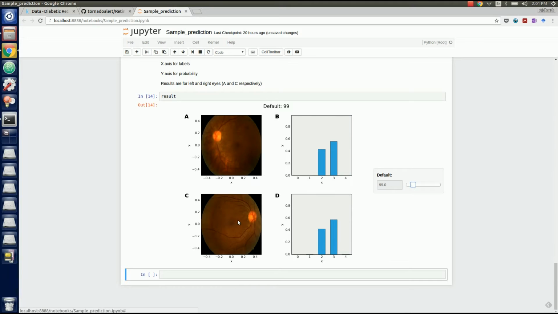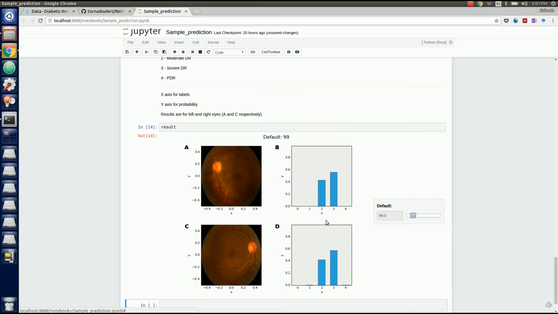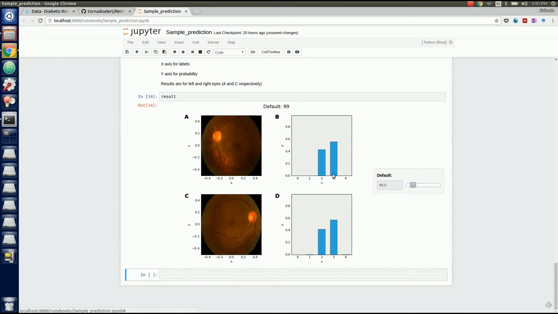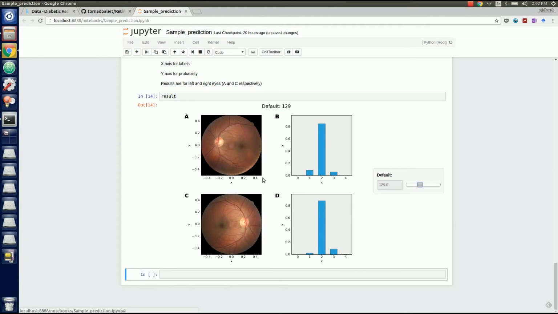Okay, yeah, this looks like severe diabetic retinopathy, and it did classify it as severe diabetic retinopathy, but it kind of has a doubt whether or not it's severe. It's almost 50-50 between moderate and severe, but that can be excused because the lighting conditions aren't that great as well. So the next one, this is